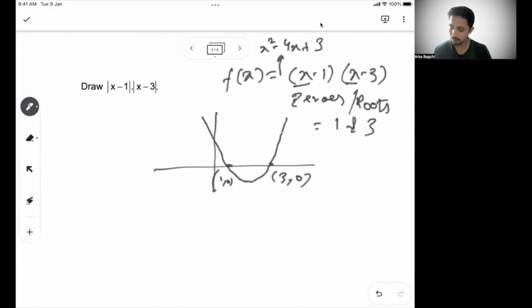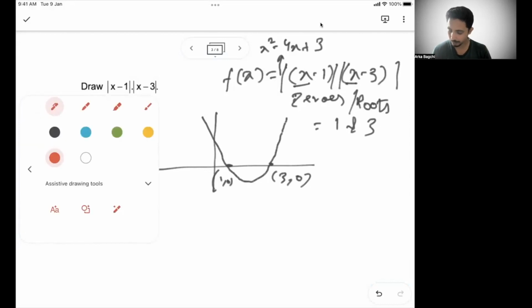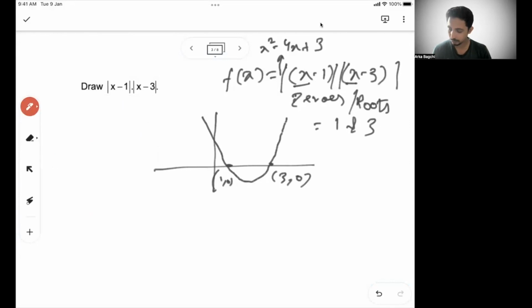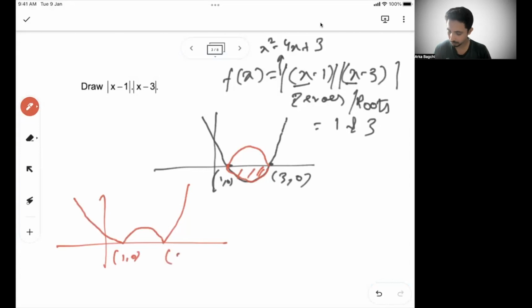But again, you see there is a whole modulus, so modulus of this into this. Now, like the previous problem, this section will not exist and this whole section will be shifted to the top like this. So your graph finally will become like this, this and this. So this is 1 comma 0, 3 comma 0. So between 1 to 3,